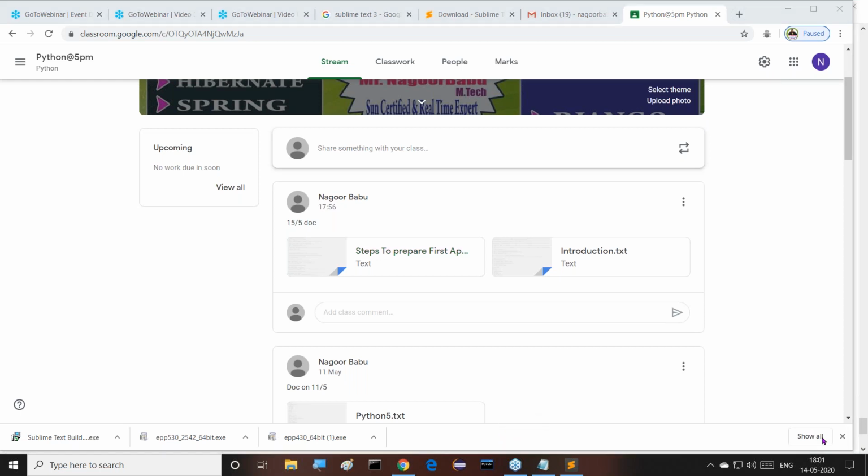And try to install this Python software once again. The problem with Python is that it is not properly provided there. Anyway, our admin people may respond with a bit of delay, but I will share these documents to you. Try to use the document. These files will be available for live or till the class is over. That's why I'm telling you, try to download this. I'm not hiding the download option there. You can download this maximum.